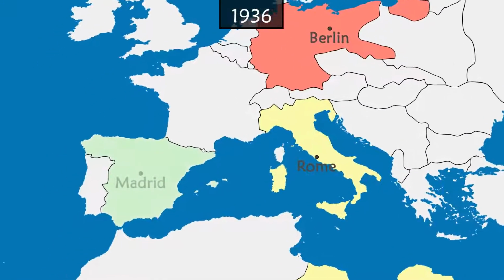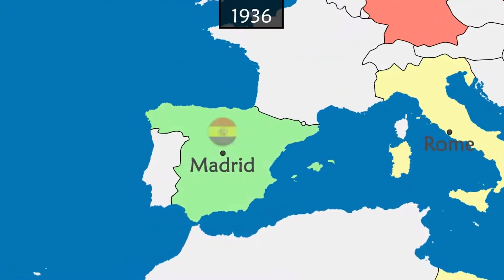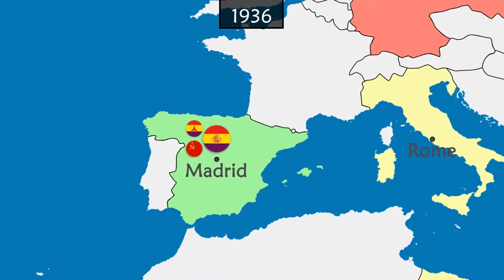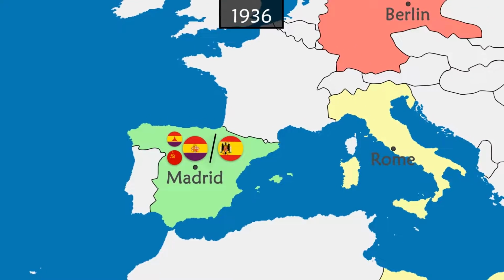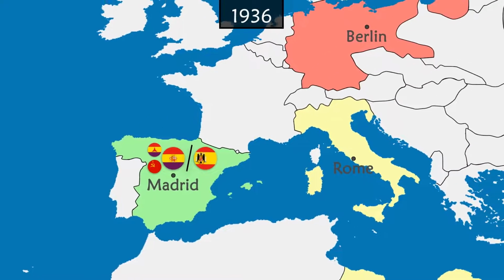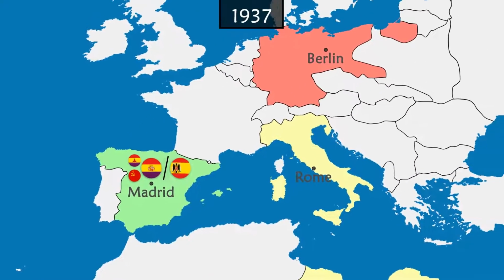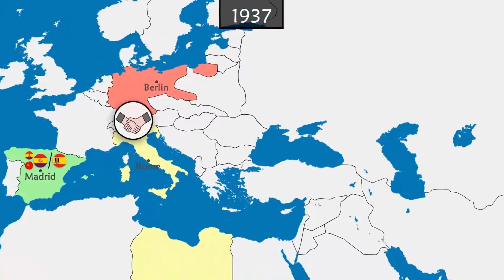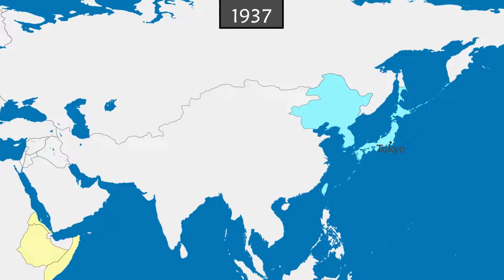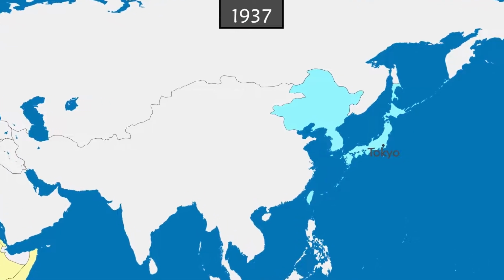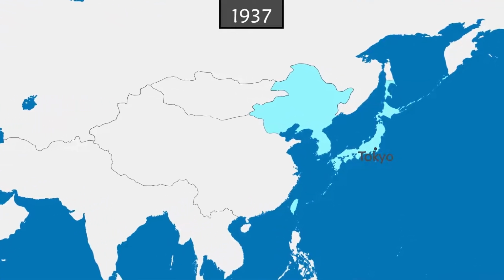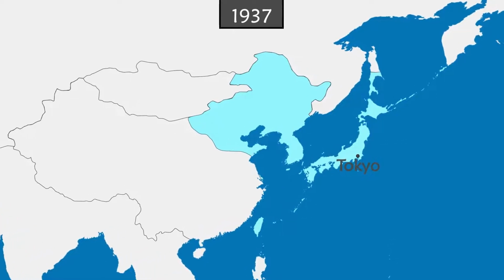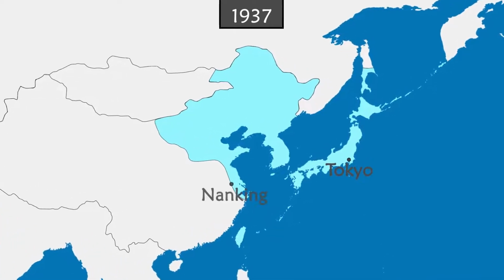In Spain begins 3 years of civil war opposing the Republican government supported by the USSR and the International Brigades and the nationalist camp led by Francisco Franco and aided by Italy and Germany. The two countries took the opportunity to test their armies and to get closer diplomatically. In Asia, Japan continues its expansionist policy. The country takes advantage of the civil war in China to invade new territories. The Japanese army uses chemical and biological weapons and commits massacres of populations.